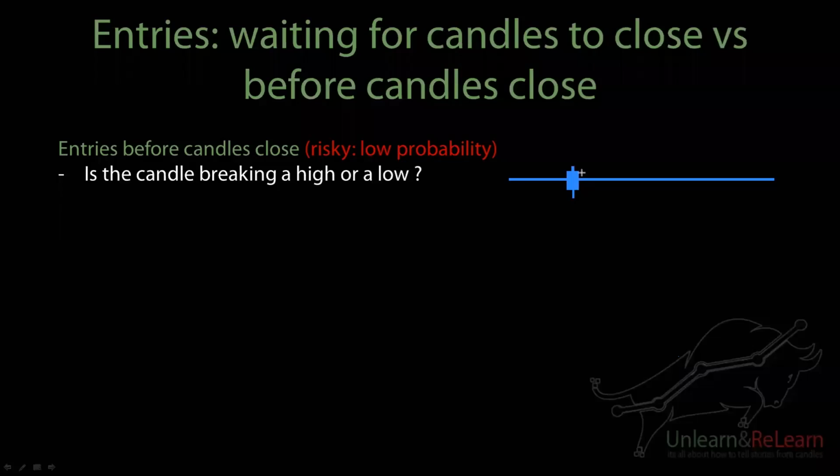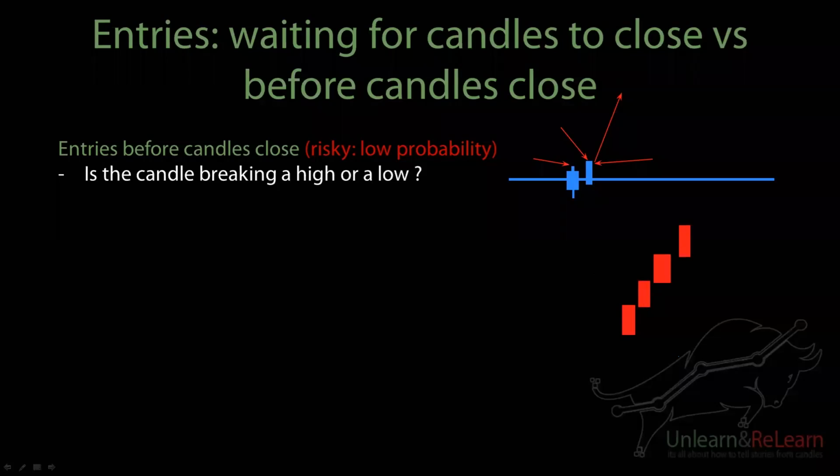So let's say you have a candle opening like this, and as the next candle starts breaking the high of the previous candle, someone's going to say, okay, I'm going to enter right over here. Once it's breaking the high of the previous candle, this is where a really risky trader takes an entry, anticipating price to continue moving bullish, because if price is moving up, it's going to make higher highs and higher lows.